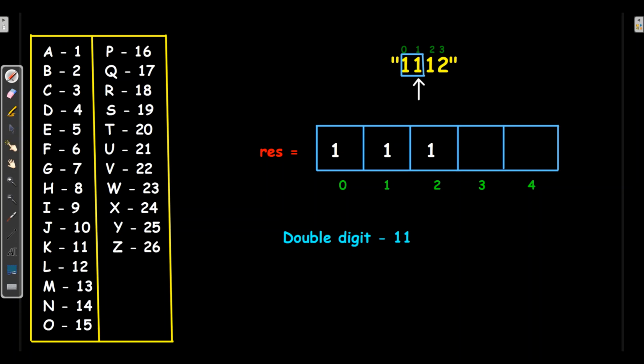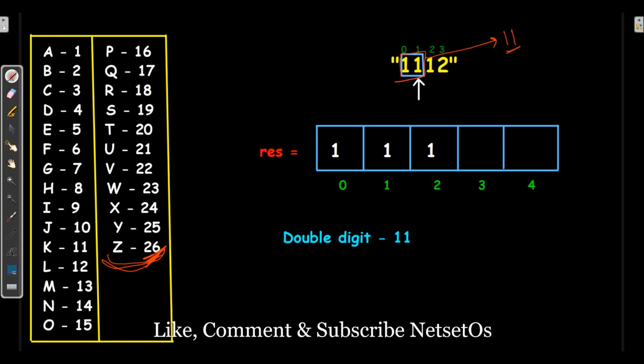Then secondly, I will check for the double digit. Double digit represents 11 over here. For 11, I need to check that it should lie up till 26, because our alphabet series just contains A to Z, till 26. So we need to make sure that the double digit is lying within 26. Here it is 11. If it is within 26, I'll take the last two elements and have a sum like this. Now we will check for the next element.